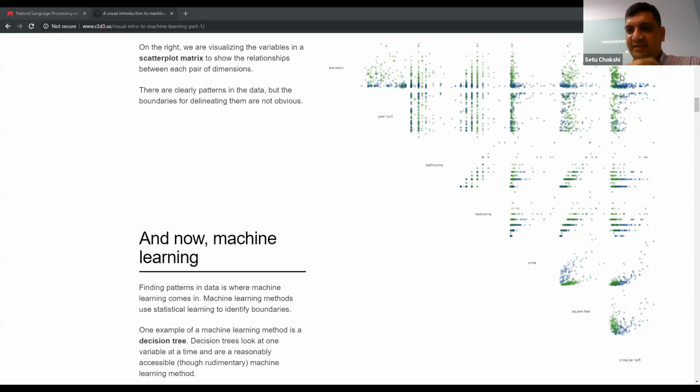Any other chart, any other thing that you see interesting that could be something that I could use with very clear boundaries for building my machine learning model, or in this case, a decision tree model? First row, fourth column. So first row is elevation, fourth column. One, two, three, four. Yeah. So this one, which is also price. So price per square foot seems to be about right. They seem to be similar. I can delineate very well. Any other that you see?